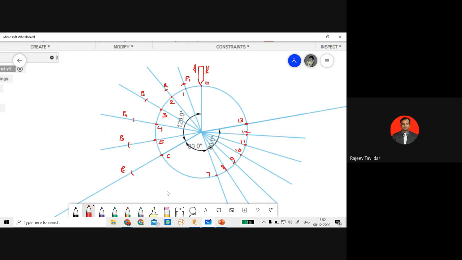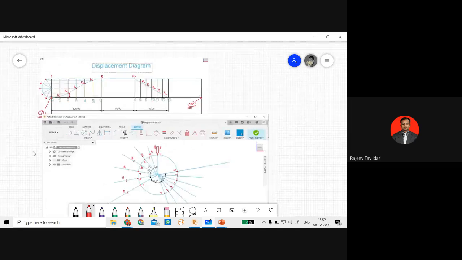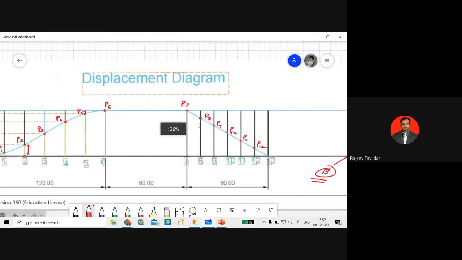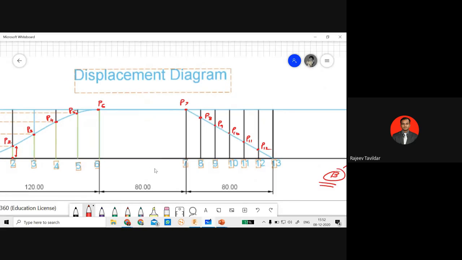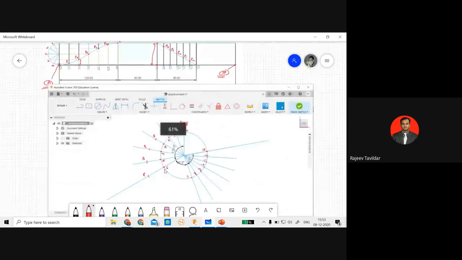Then how about P7? What's the best way to get this P7? I can use the displacement diagram over here. Okay, hope it's visible. Yeah. From the displacement diagram, I can set the compass from point 7 to P7. Okay, this distance I can set the compass, and I can mark it on the cam profile to get P7. Or else the best method is